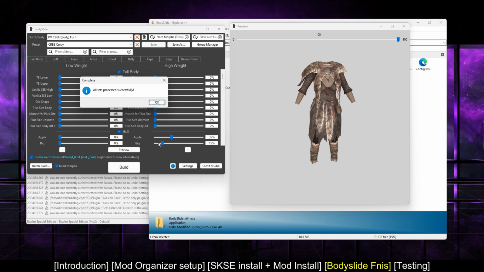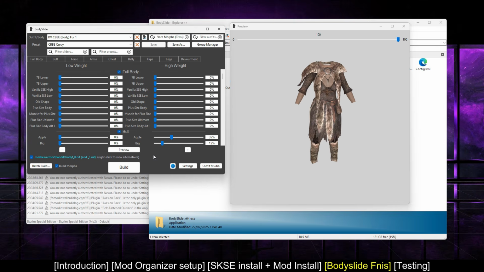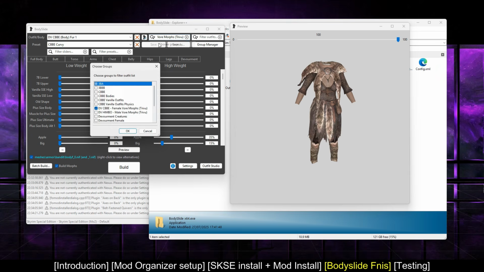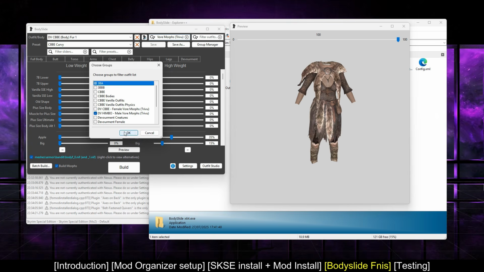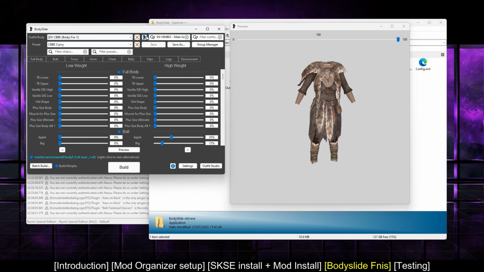So that's basically applied this curvy type of body to every outfit on the list, which is a lot. Next, we're going to do the dudes. So again,